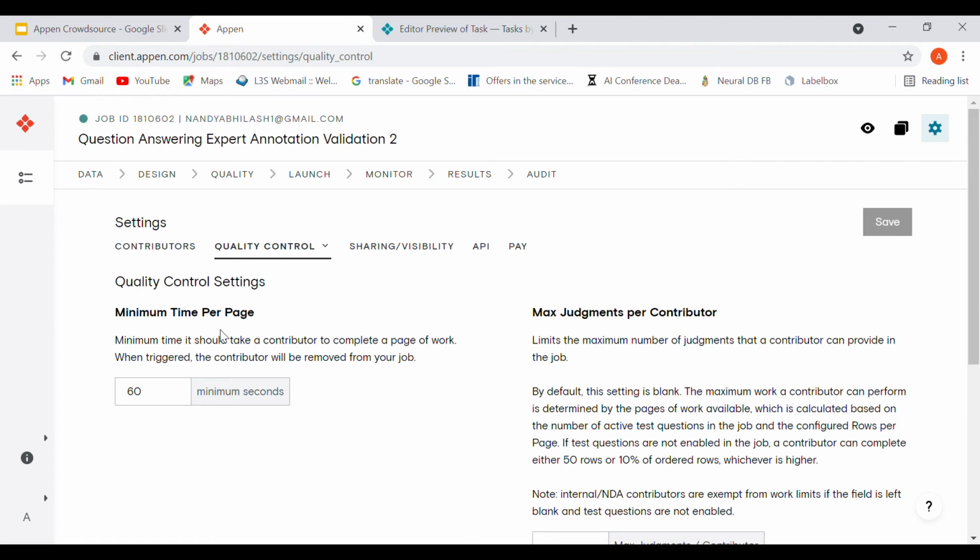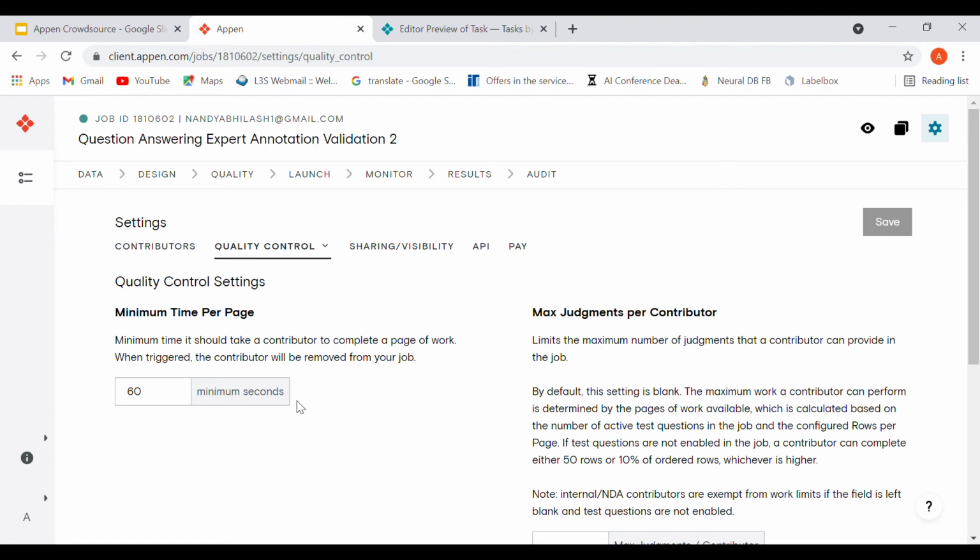This helps if the annotator is giving some sort of bogus annotation, not even reading the task at hand and just ticking something or typing in some bogus stuff. So this helps to reduce that a bit.